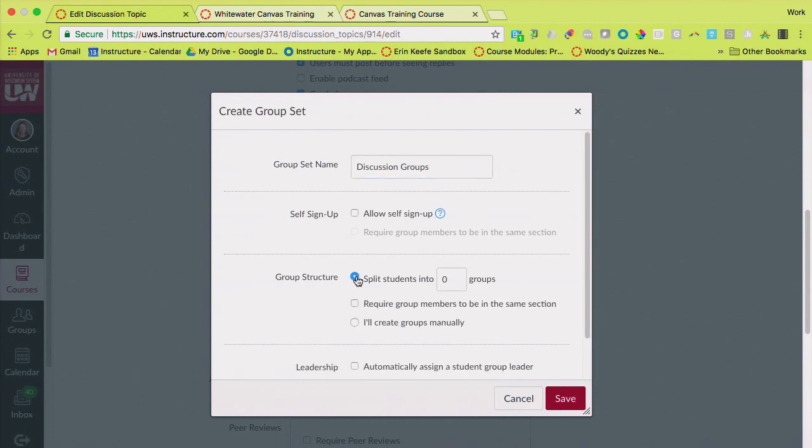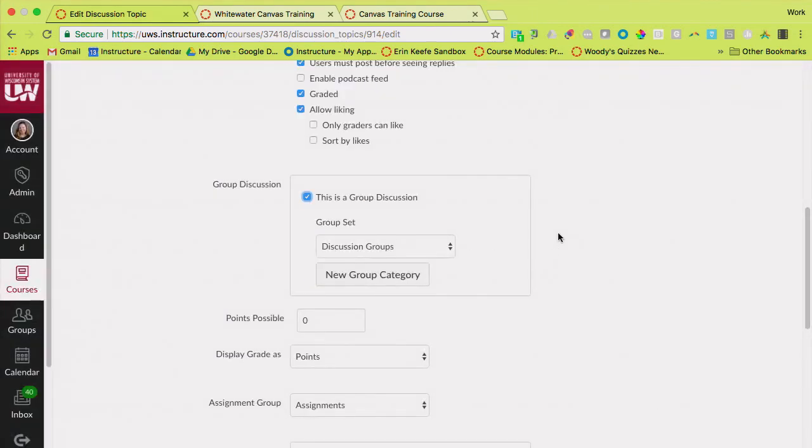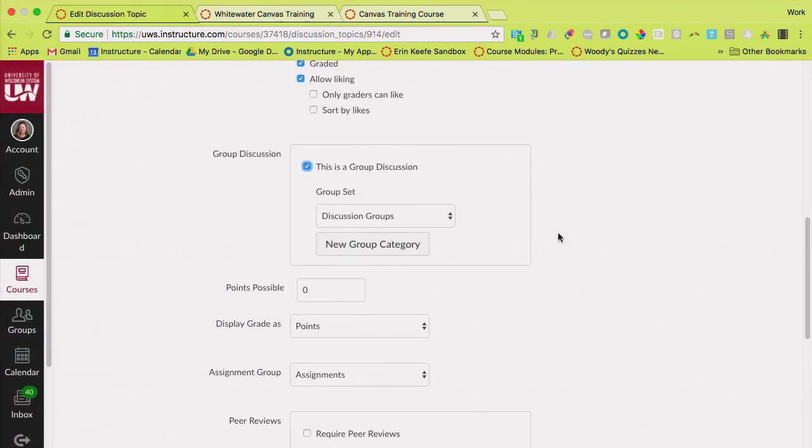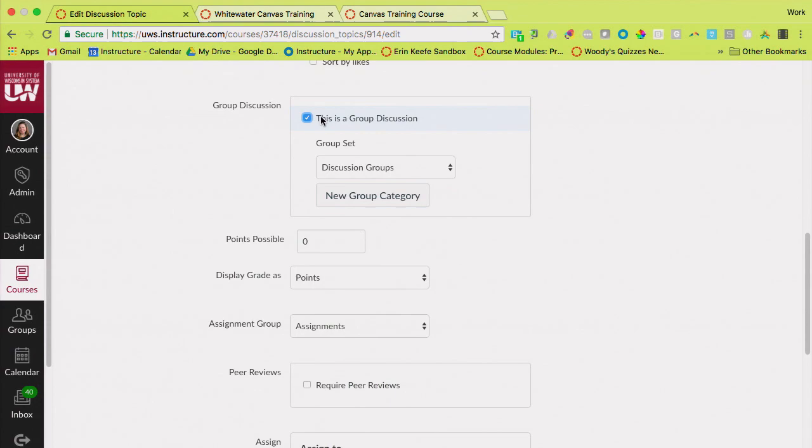And you can either create those groups yourself or do my favorite thing, which is tell Canvas to randomly create them. So split your students into however many groups you want and click Save, and it'll just create those groups for you. So you only have to make one post, but when students go in, they'll only see the responses from their group members. You still can see them all, but they can only see the ones that are in their groups.